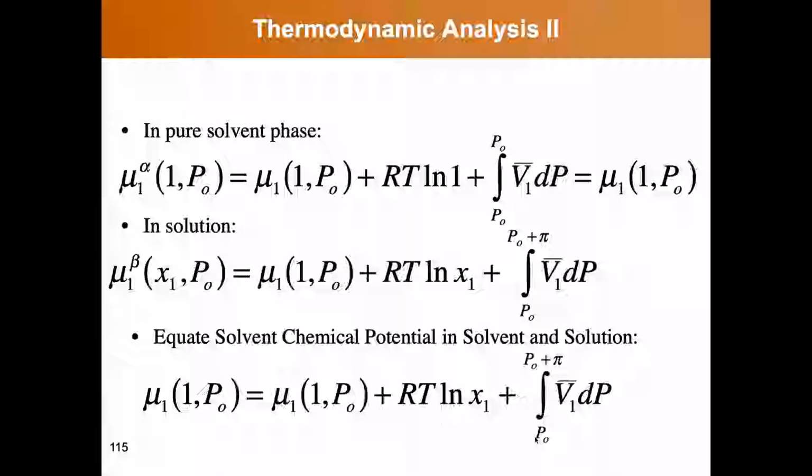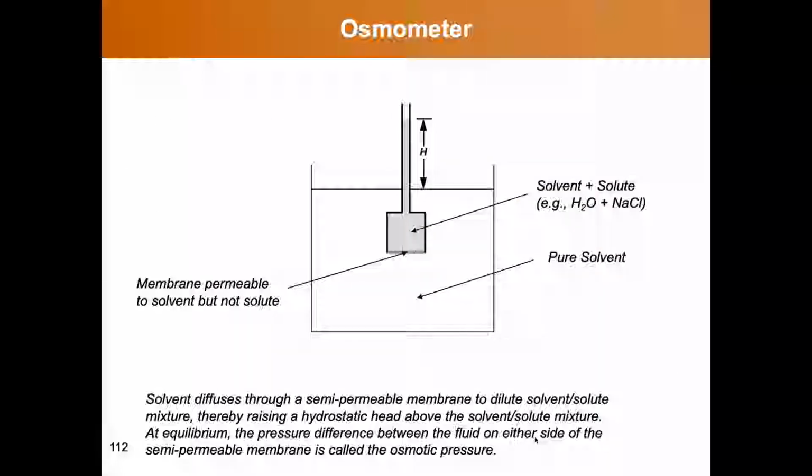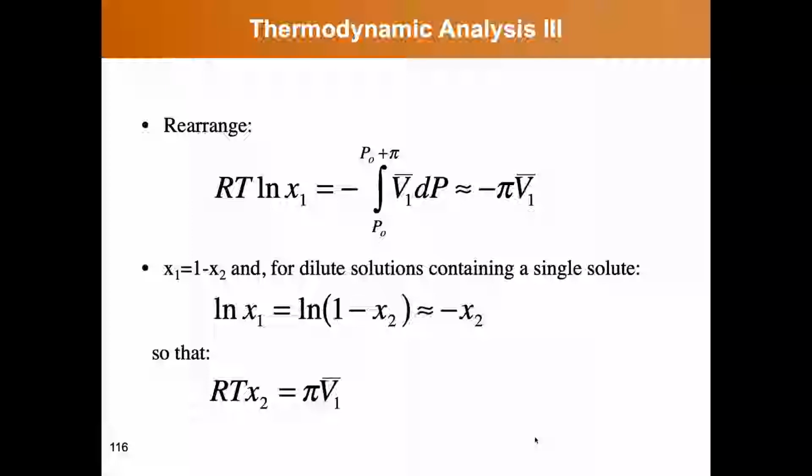In the solution phase, which we'll call beta, the chemical potential of the solvent is written as the reference chemical potential plus RT times the log of the activity of solvent in that phase, which we're going to approximate by the ideal solution model, and then a term that involves the partial molar volume of the solvent in the solution, and an integral over the pressure difference from P0 to P0 plus the osmotic pressure, because the hydrostatic pressure in this case at equilibrium will be equal to the osmotic pressure. And so if we equate the chemical potential in the pure solvent and solution phases, we get ultimately to this